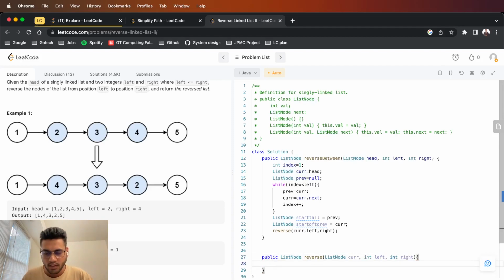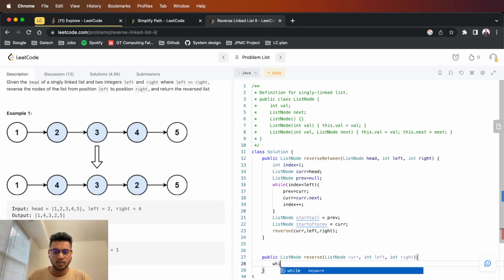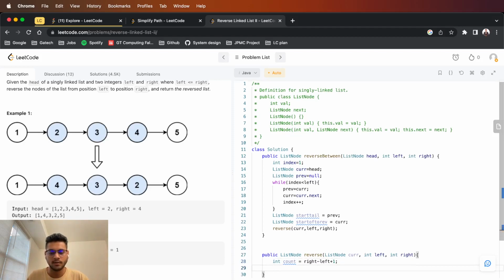And how many values do I need to reverse? 2 to 4, that's 3. So int count will be equal to right minus left plus 1. These are the number of nodes that I need to reverse. And while my count is greater than 0,